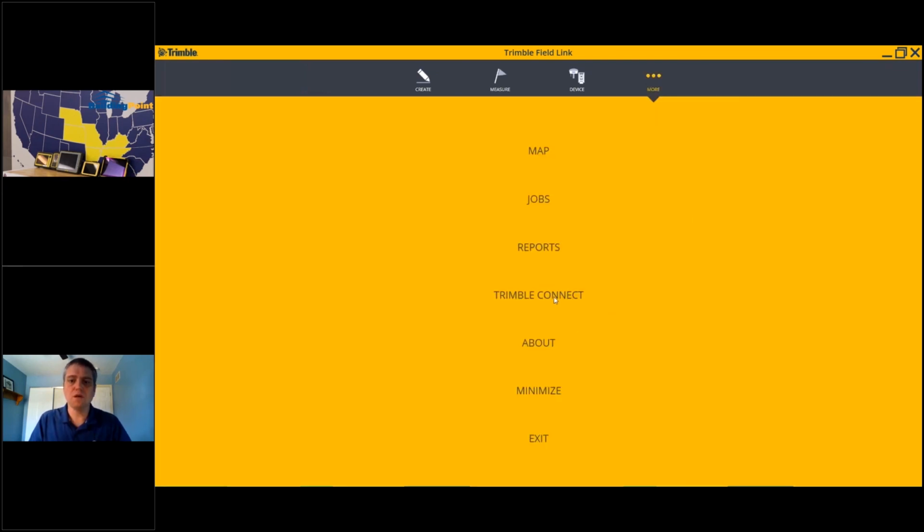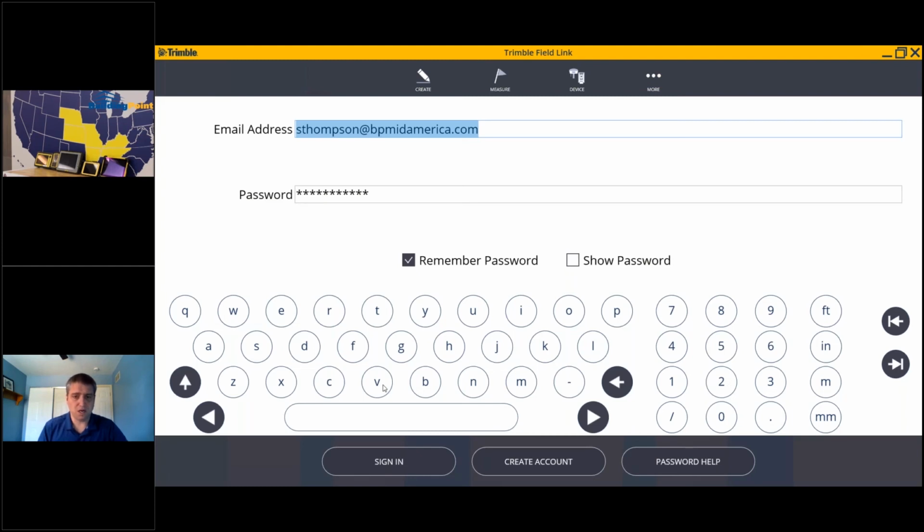Trimble Connect. Trimble Connect, those of you that are users now, pretty much everybody in the world can have a free account. So you get one free project, you get up to 10 gigs. So be sure to use that cloud-based service since it's free to you. Use it to assign and basically transfer files from the office to the field. We're going to do a whole seminar or a webinar on that in 2 weeks, so I'm not going to spend too much time there today, but I am going to go ahead and sign in